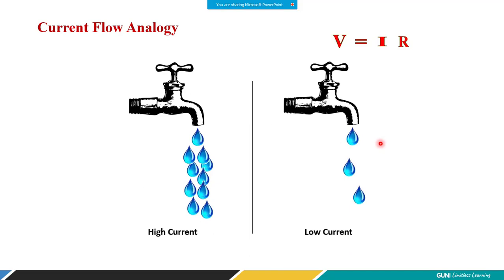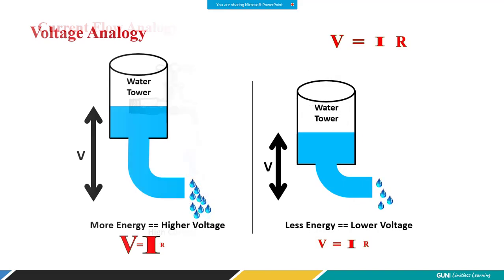So basically, if you want to make a high current or a low current, probably a resistor could be a useful entity that could play the role of this knob actually, right? A potentiometer, for example, we are using here, right, to make it a high current or a low current. So that's how you need to understand. And this is your voltage analogy that you can understand, right?